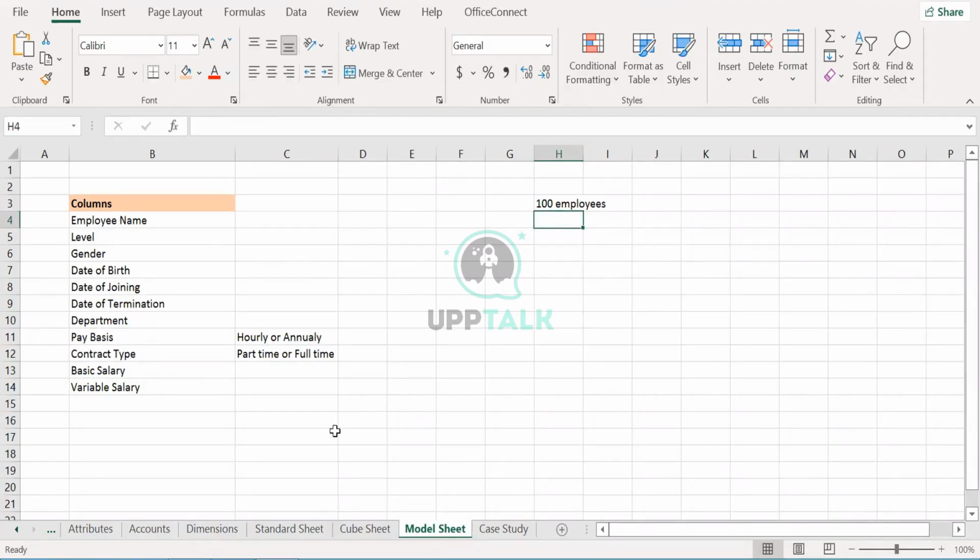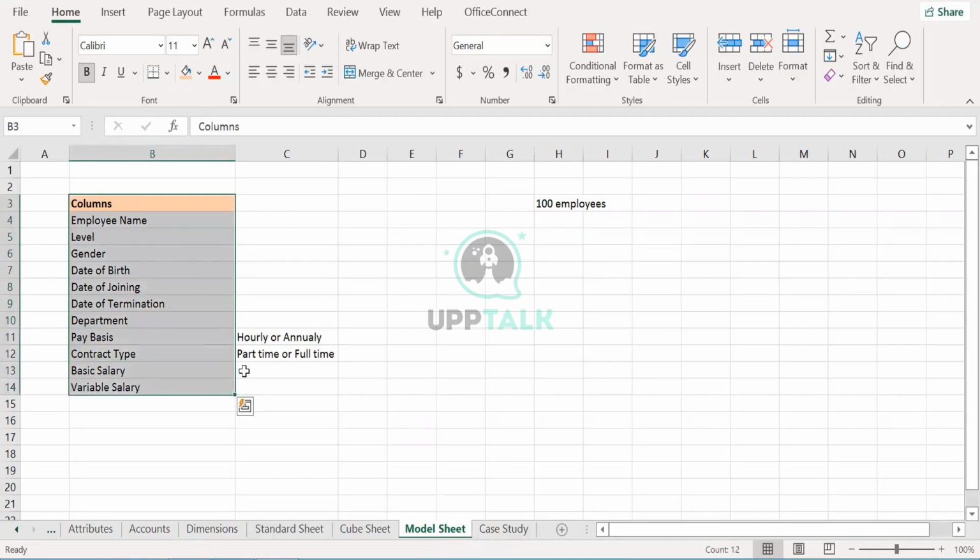If you consider a normal simple Excel file, you will have these many columns, right? There will be an employee. What is the name of the employee? What is the level he is working at? Is he working for Mumbai? Is he working for California? Is he working for Philadelphia? You need that level of understanding, right? Is he a male or a female employee?